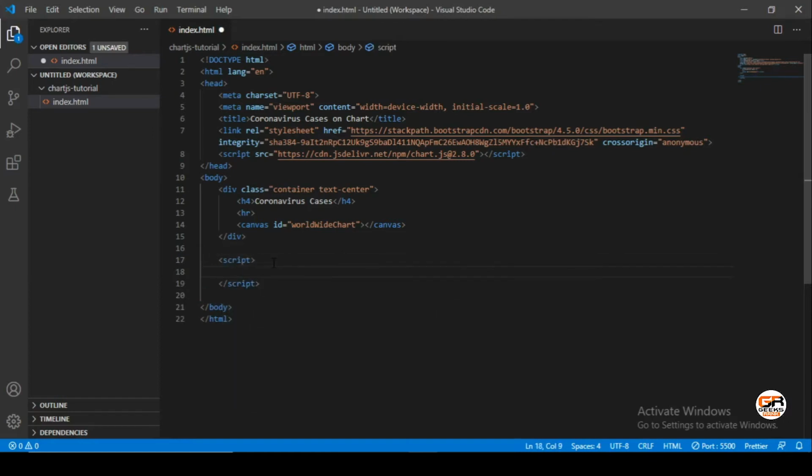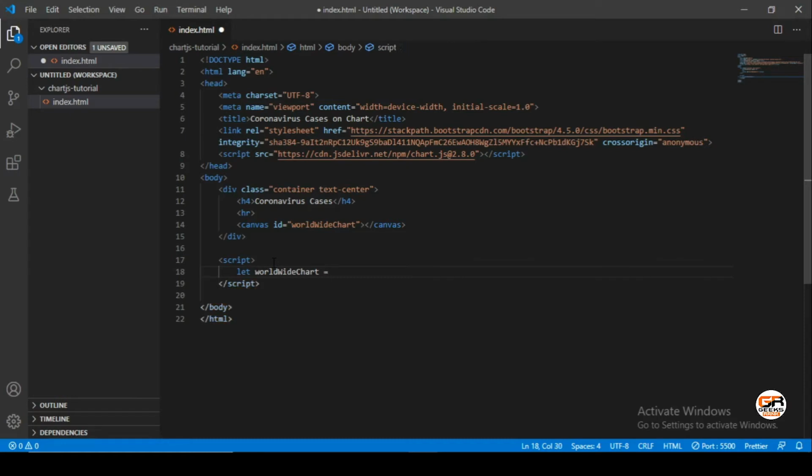Script tag, and here we will use ES6 syntax. Even you can use JavaScript declaration like the var keyword, but I will use ES6 syntax, let. Even you can use const for that.